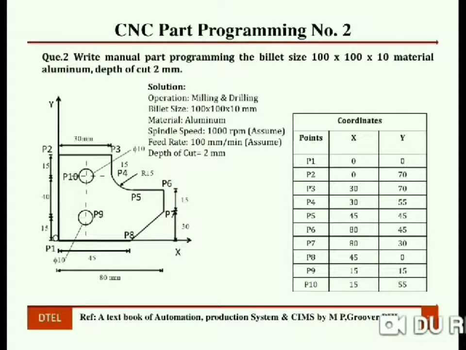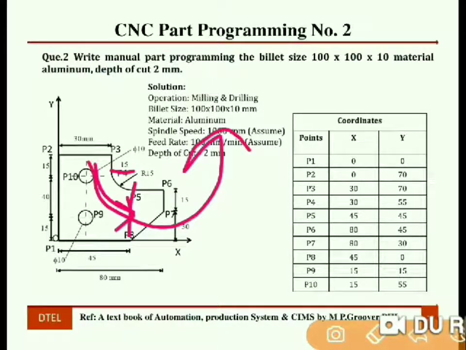Now we need to observe the next tool path. From this diagram we can see the tool path is a circular path, an arc. The radius is given as R15 and the path is from P4 to P5. For that purpose it is not a linear interpolation, it is circular interpolation. Again you need to find out what is the path of that tool, which direction that tool is going to follow. So it is again anti-clockwise direction.